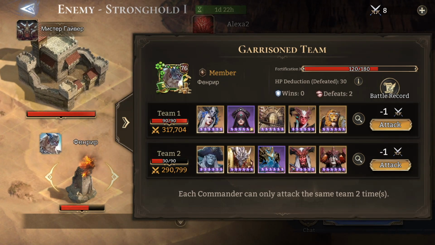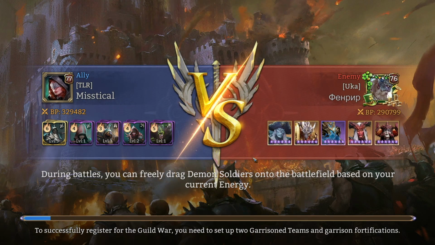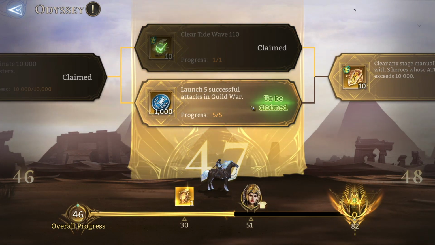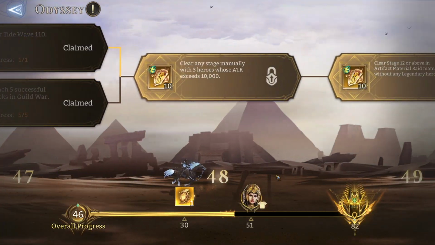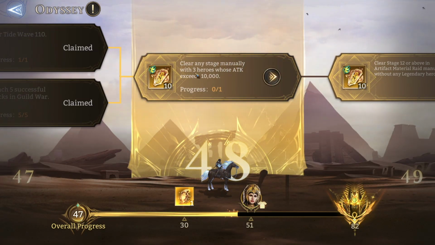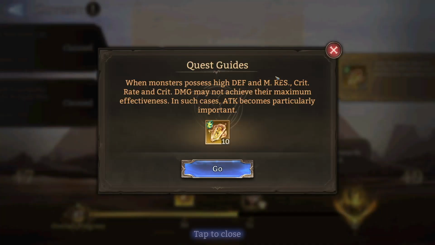So I'm waiting until the very start of Guild Wars, I'm jumping on then, and I'm attacking the easiest people I can find, and then that way I can tick off the 5 successful hits. That's essentially how I'm doing it. And then with my 5 attacks done, I jump back in and claim a reward, and then we scoot straight on to quest 48. So quest 48 is clear any stage manually with 3 heroes whose attack exceeds